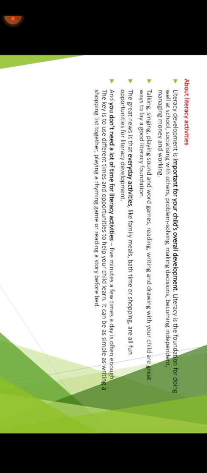So there should be random or different ways to help your children learn, not just repetition, like in reading. You can let the child, or your brother or sister, read it a second time or three times around, because they will learn it. And then it can be as simple as writing a shopping list together.